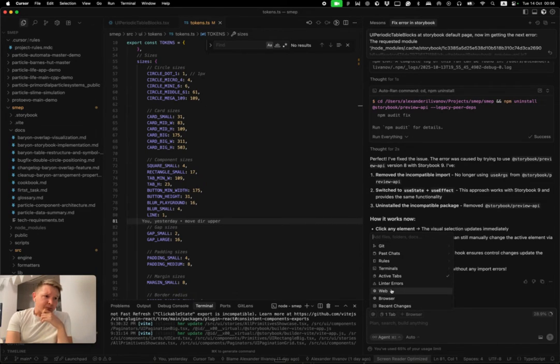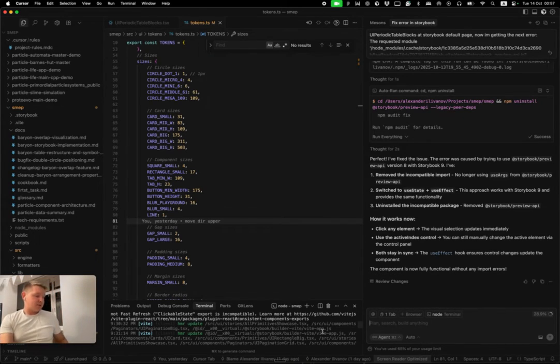Where's my terminals? So I can choose that one specifically and refer that I have some Storybook error messages, and I can fix it and ask it. So as you can see,